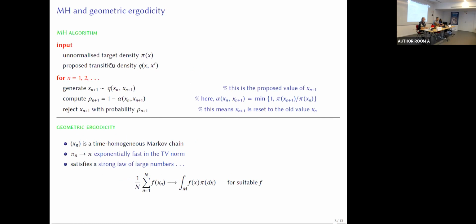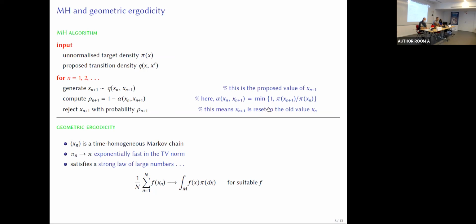So the Metropolis-Hastings algorithm, you all know it very well. Basically, you have a proposal transition density, you make new proposals. And if these proposals increase the posterior distribution, you accept them. If not, you accept or reject them with a probability called alpha here, which is the minimum of 1 and the likelihood ratio. So you accept good proposals and maybe you accept bad proposals for the sake of moving around.